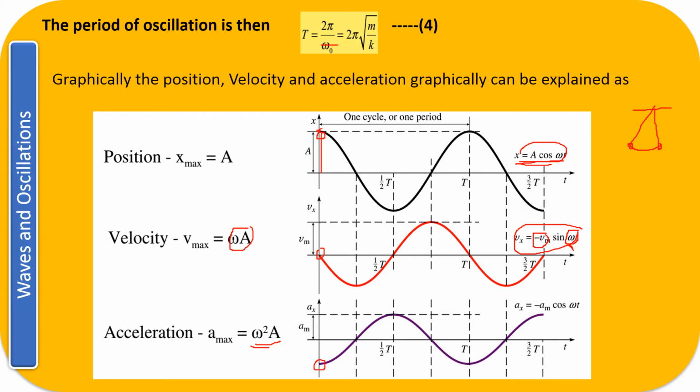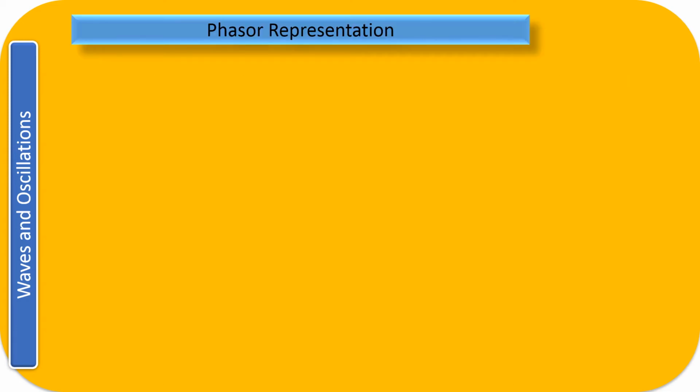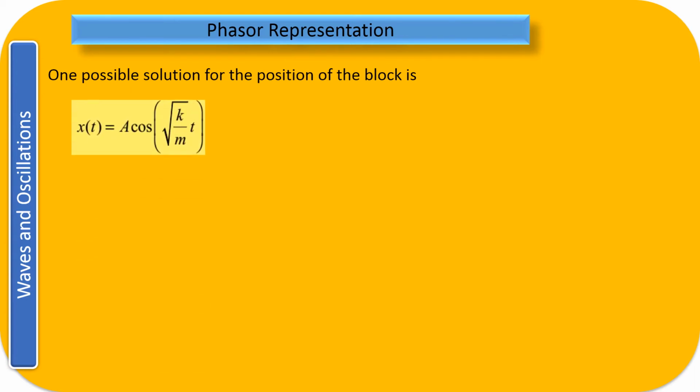So let's try to understand it with a little clarity. So now this is your phasor representation. So we have seen that one of the possible solutions can be x equal to a cos omega naught into t, where omega naught is equal to root under k by m. So omega naught value I have already calculated, and I have substituted this value. Its velocity therefore can be given by differentiating this. If I differentiate, root under k by m, and the differential of cos will be minus sine, right? So this is your velocity.